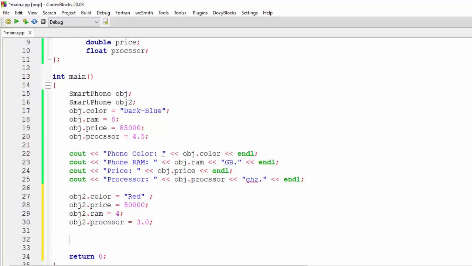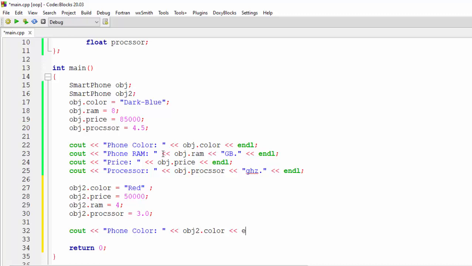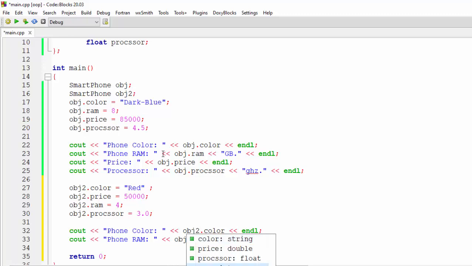Now to print them, I will say cout phone color, and here I will say obj2 dot color and endline. After that I will say cout phone RAM, I will say obj2 dot RAM, and here I will say GB, stands for gigabytes.